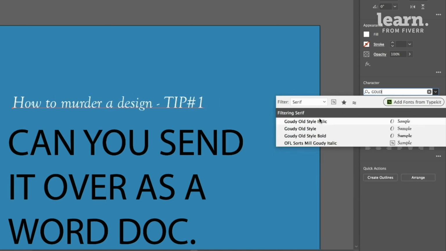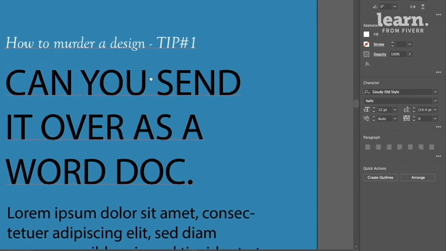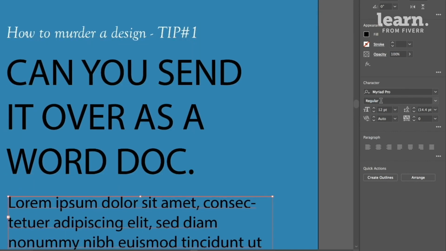I'm going to use the italic. Okay, that's the one I decided I want to use. In terms of the font size, I'm probably going to use 12 point. Okay, just so you know, in terms of font sizes, say the body copy down here,